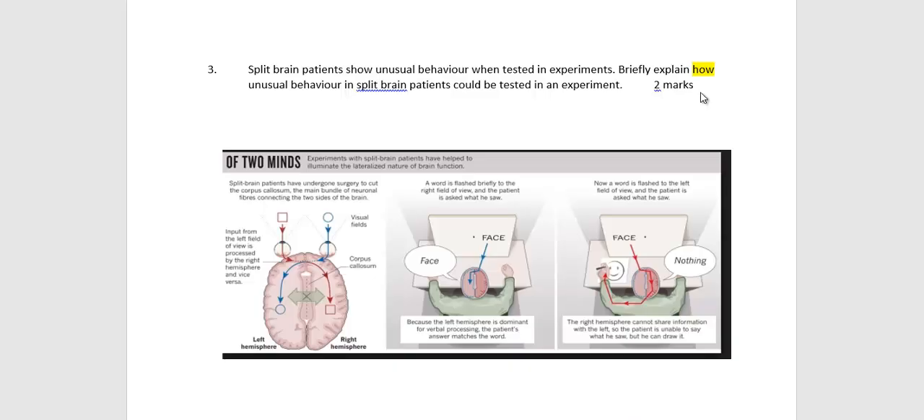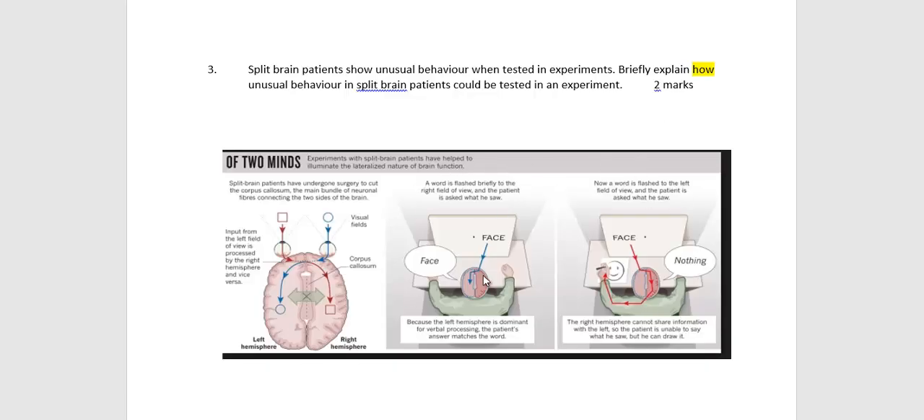So these exam questions are not just asking for straight recall of information you've learned. They want you to apply your knowledge. So you've got to pick up on these words like how, and whenever they use the word how, they're asking for what method. Tell me about the methodology used. So with split brain patients, and it's only for 2 marks, what we've got to get across is how is